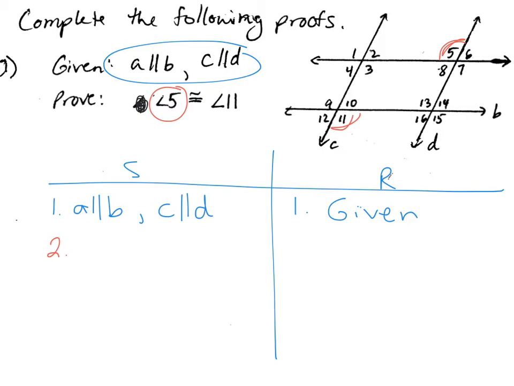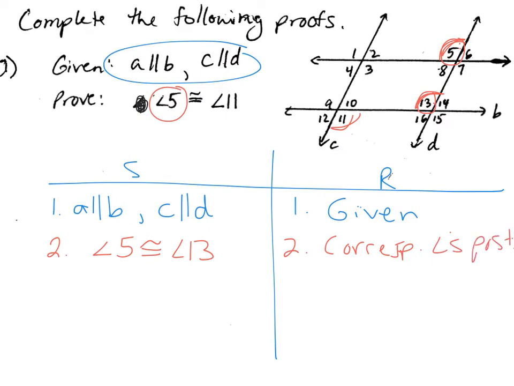I a lot of times see corresponding angles. Maybe you're seeing vertical angles. I'm looking right now at angle 5 and angle 13. That's just what's jumping out at me, and 5 and 13 are a corresponding angle pair. Because I know corresponding angles are congruent, I can state that angle 5 is congruent to angle 13. And that's my corresponding angles